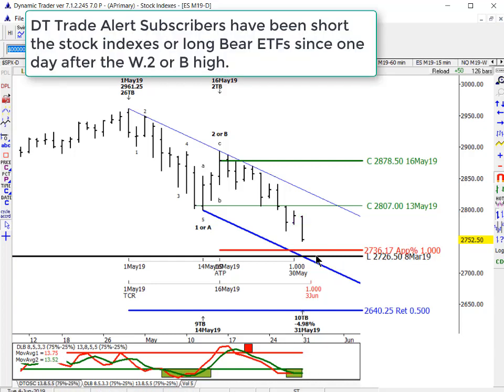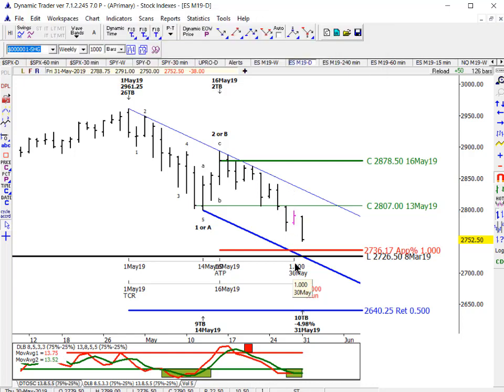And we're right near the 100% alternate price projection of what I labeled a wave 1 or A from the wave 2 or B high. On Thursday was the 100% alternate time projection, 9 days down. Of course, we were sharply lower on Friday, so a lot of people get really bearish, but what we know is we're just a bit past the 100% alternate time projection, just a few points short of the 100% alternate